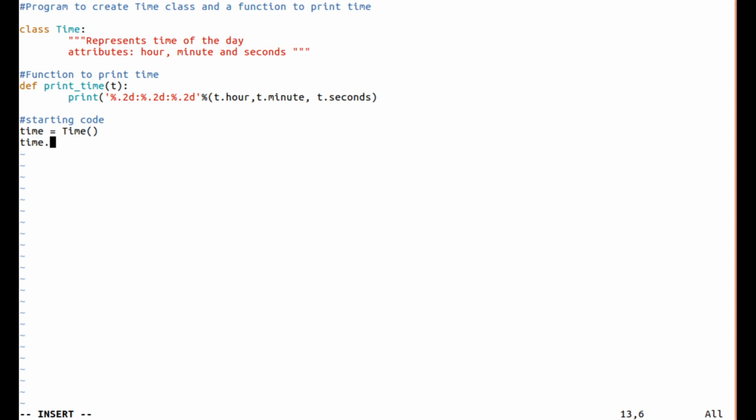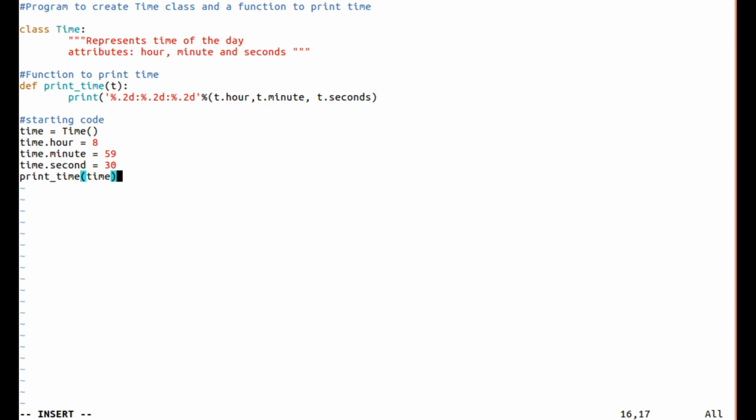First one is time.hour is equal to 8, then time.minute is 59, and then time.second is 30, and let me call print_time to print the time.